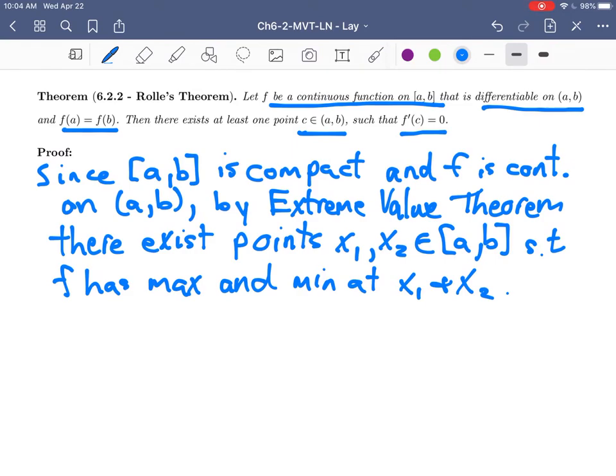Perfect. So we've established that it has to contain a maximum and minimum. We established that by the extreme value theorem. So now we're going to consider two cases. Our first case is what happens if the max and min both occur at the endpoints. So if x1 and x2 are a and b,